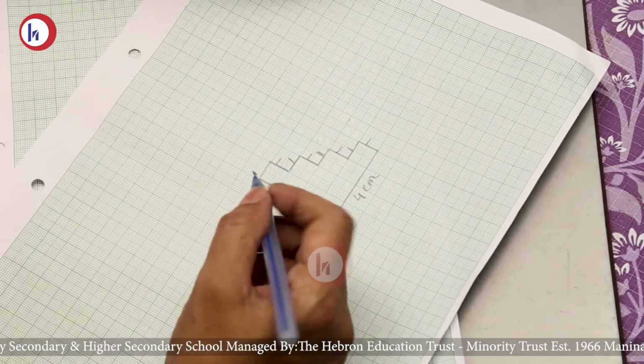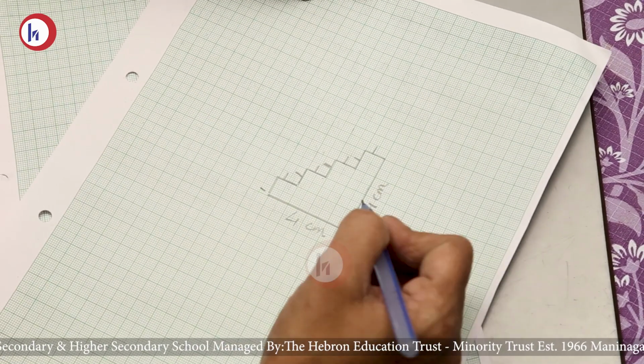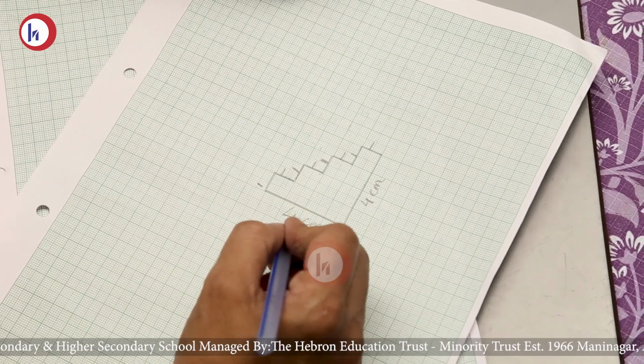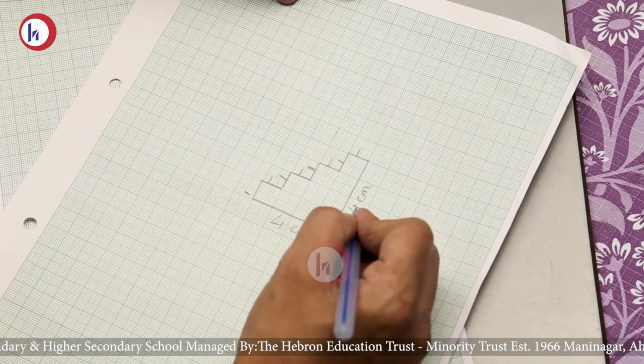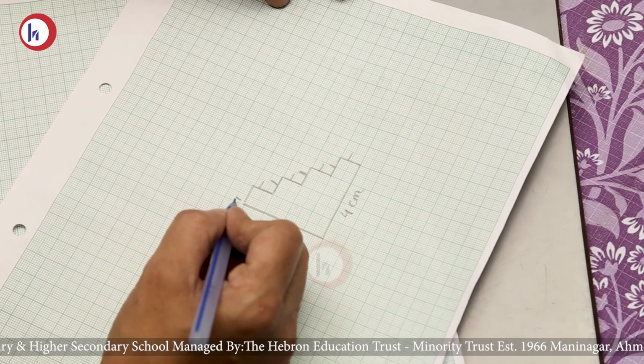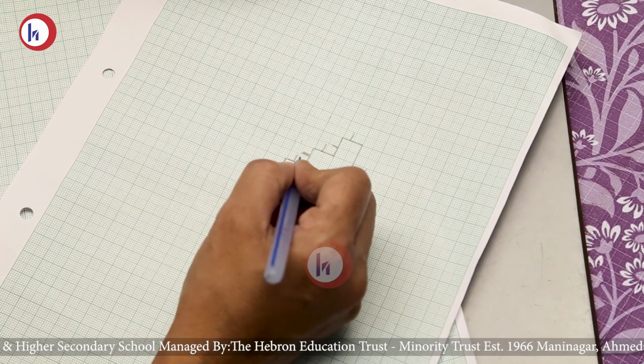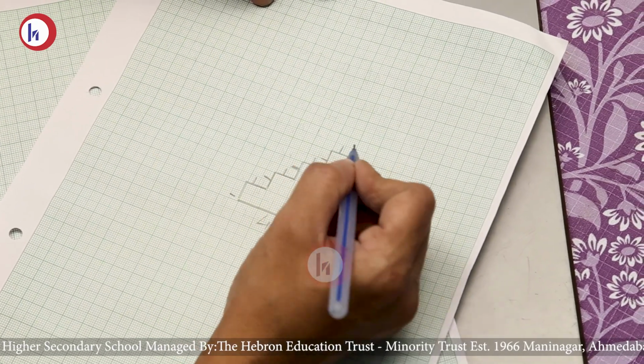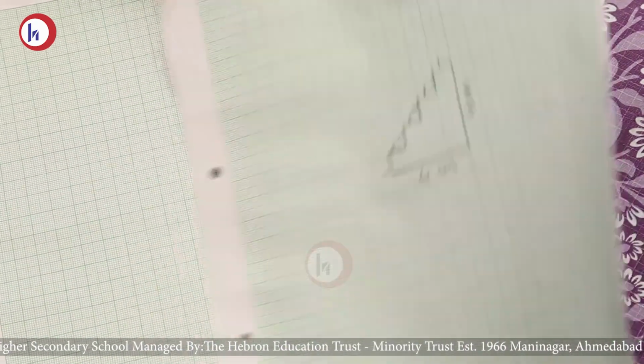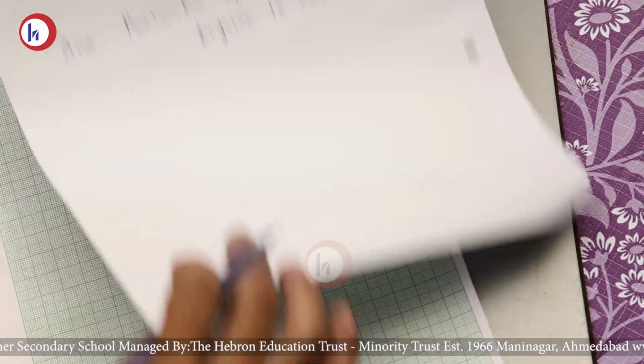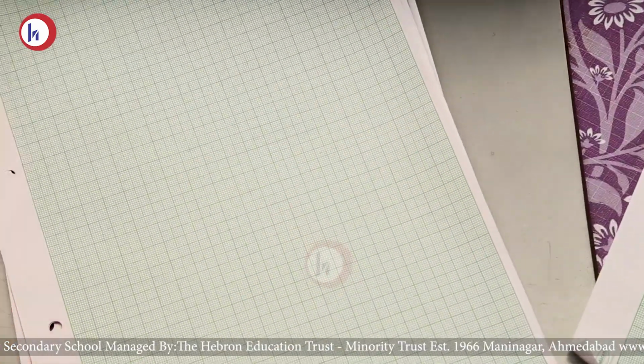See here, again you have to see, count from here, 4 plus 4. You can start from here also, no problem. 4 plus 4, 8, plus 1, 9, 10, 11, 12, 13, 14, 15, 16. Okay, that means it is right, 16 centimeter. Now we are going to do the second one.